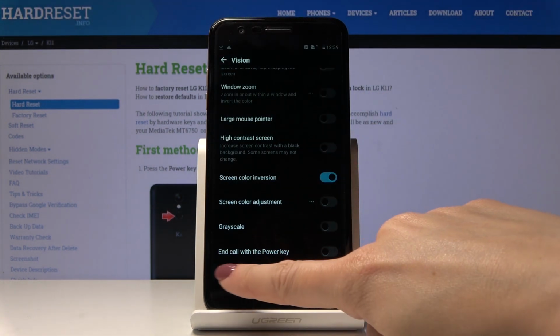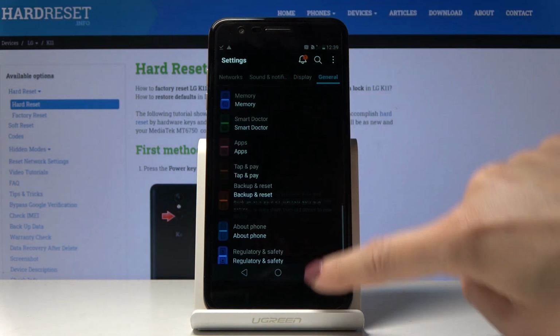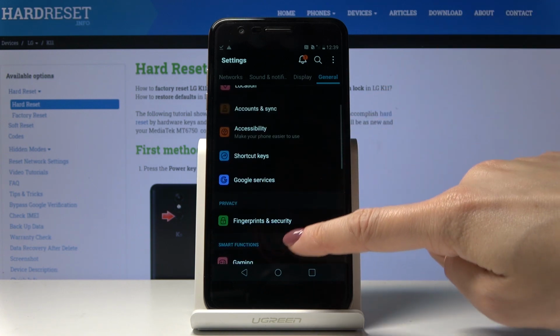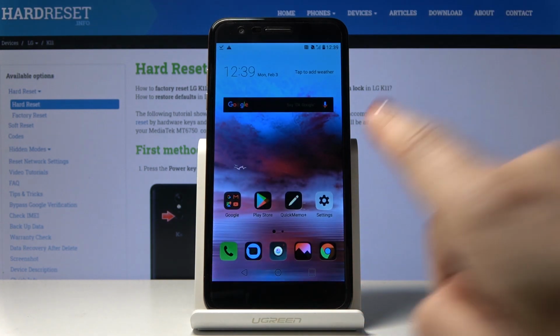And that's it. As you can see, colors have been inverted and you can use your device in dark dim. It will be perfect for both your eyes and also the battery, which will last way longer because it's less power consuming. And then if you would like to switch off dark dim, if you would like to switch off